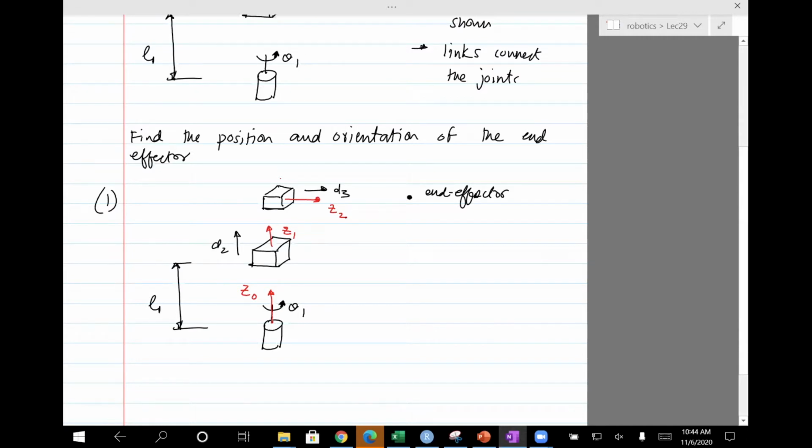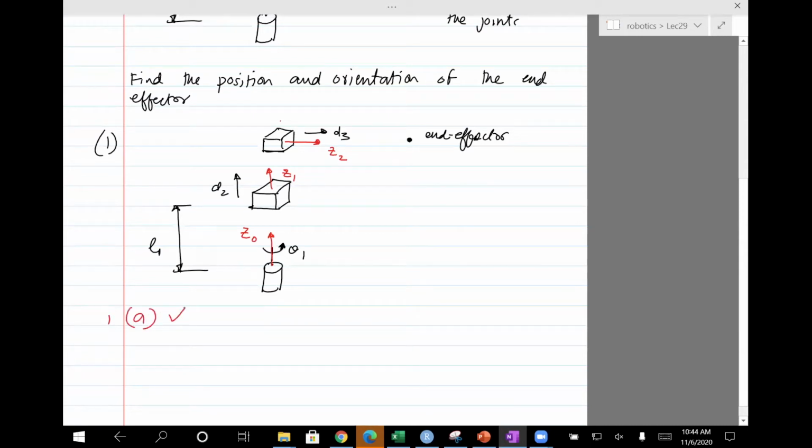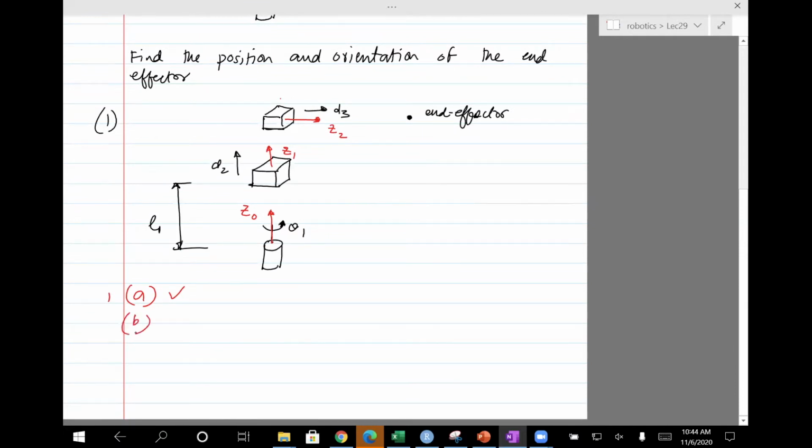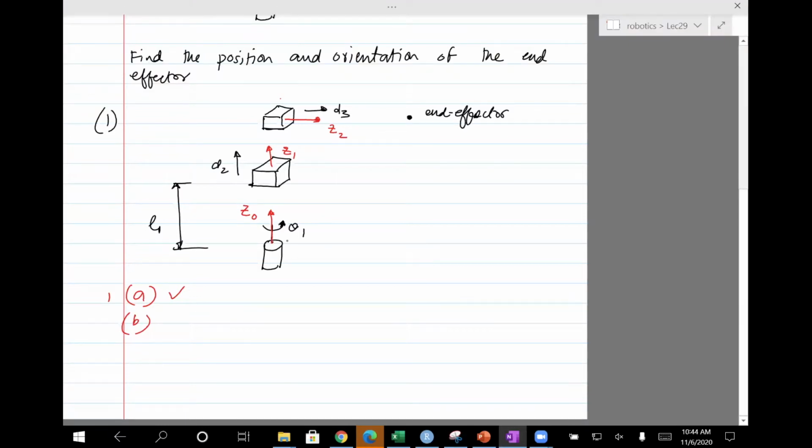Okay, next step is, so that completes 1A, which is done. Next is 1B. So 1B says assign base frame O0 X0 Y0 Z0. Okay, how do we do that? Well, Z0 is already assigned, like you see there. Assign X0 arbitrarily. Now we have the choice to assign X0 arbitrarily. So one choice is, for example, here. Another choice is here, here, here, here. I mean, you can do anything you want